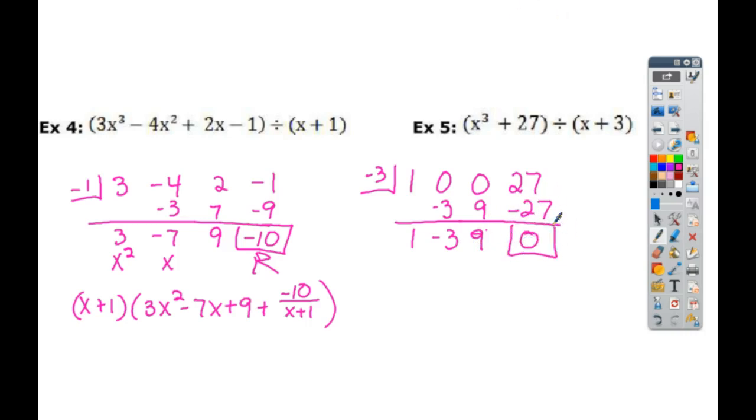So I got 0, which means it is a factor. So I'm going to have x plus 3